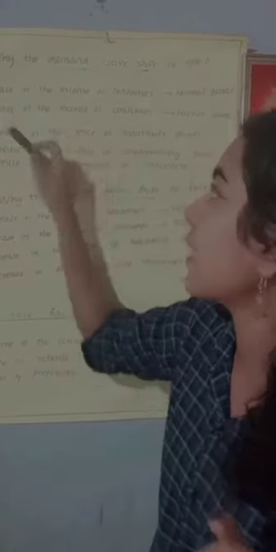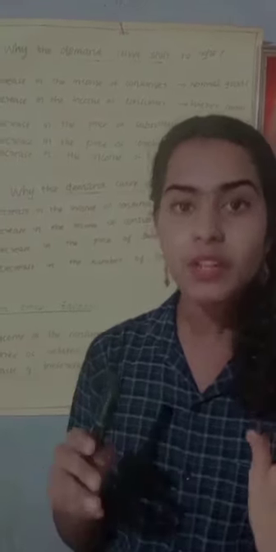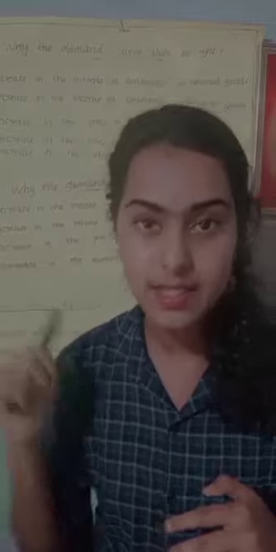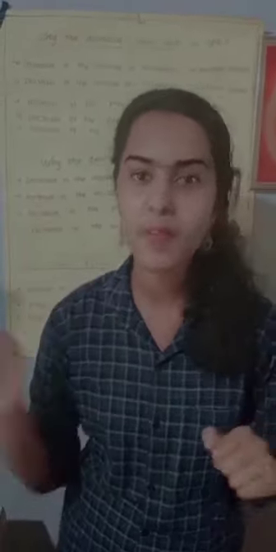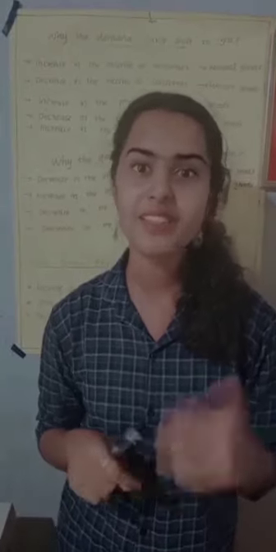The favorable changes which lead the demand curve to shift to the right are the increase in income of the consumer in the case of a normal good. Okay, what is a normal good? Normal goods are goods for which the demand increases when the income of the consumer increases. There is a positive correlation between demand and income in the case of normal goods. I think you can understand what a normal good is.